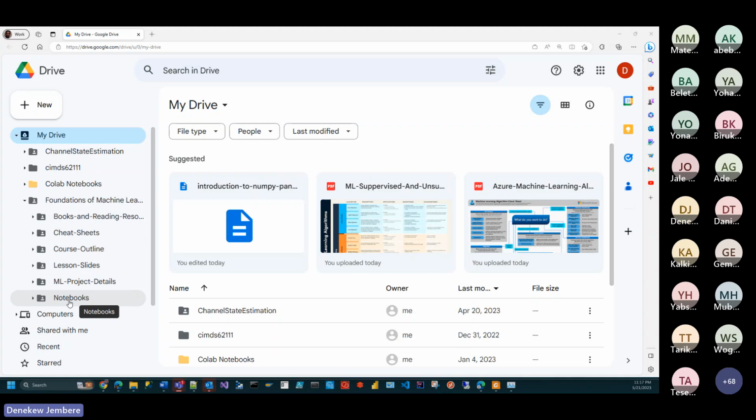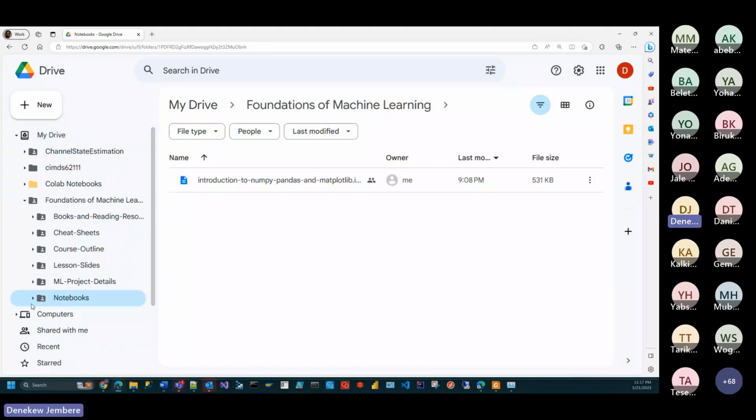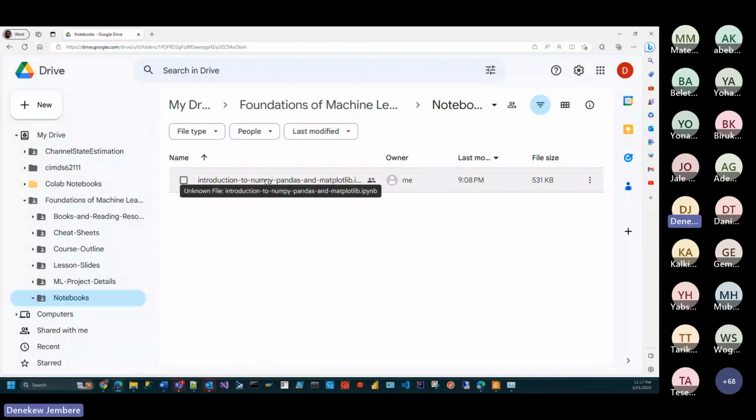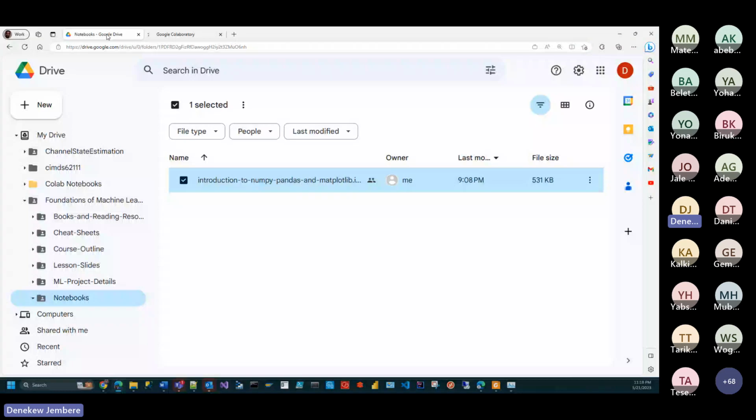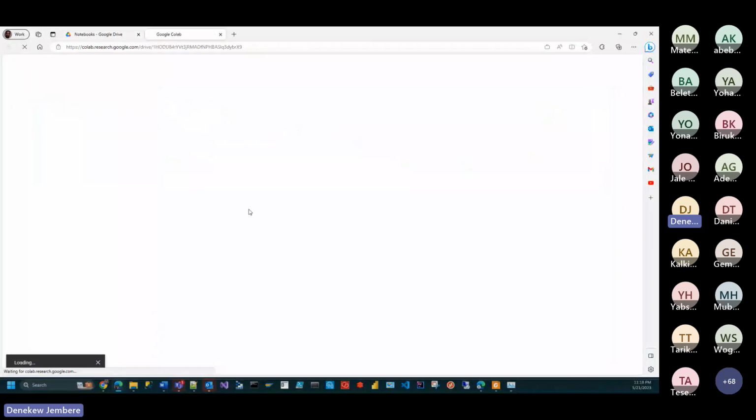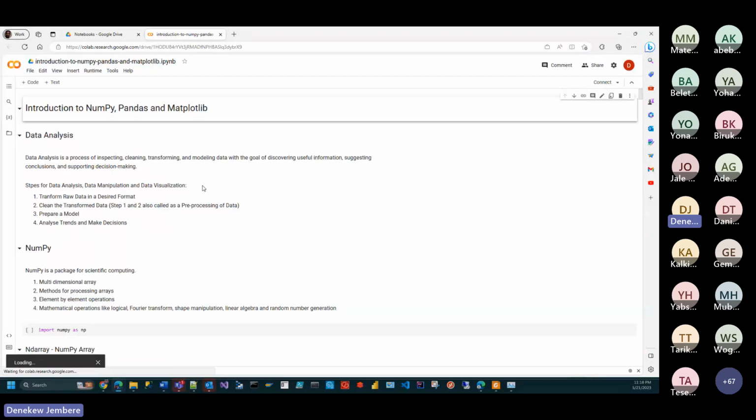But before that, the notebook last week, I added this notebook. So let me open the notebook. And by the way, this CO means collaborator. So this notebook from my Google Drive is opening in a Google Collaborator lab. So this is the Jupyter notebook that we were using in the last two classes, and I will be